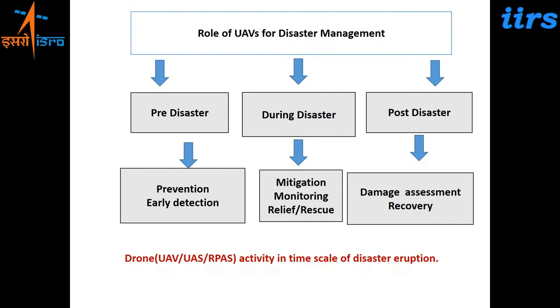So in a nutshell, we can say that UAVs can be embedded into the entire life cycle of disaster management. They can be used by the police departments, fire brigades, and disaster response departments, right? If they are equipped with these small UAVs, they will be able to integrate them during rescue and mitigation operations. In the pre-disaster stage, UAVs can be used together with the existing early warning systems to accurately predict the outbreak and reduce the cost of the damage.